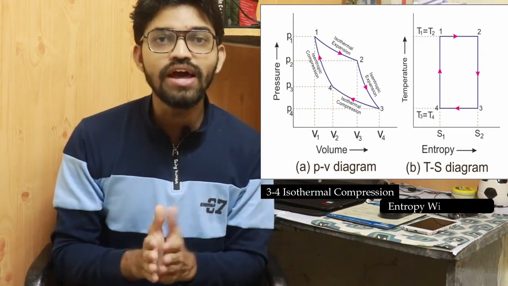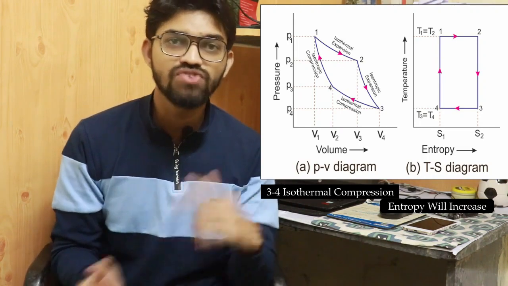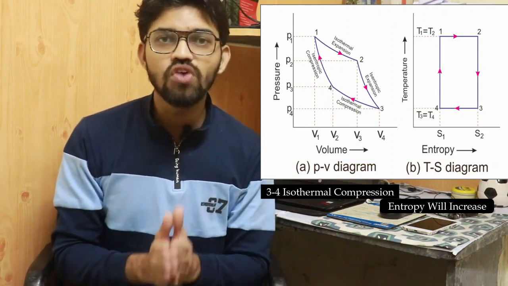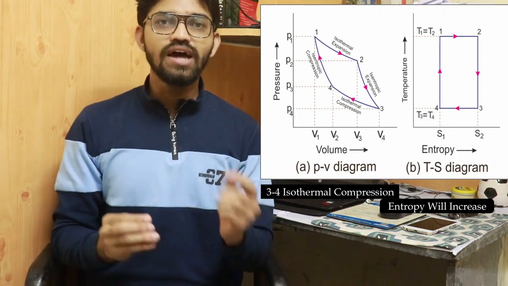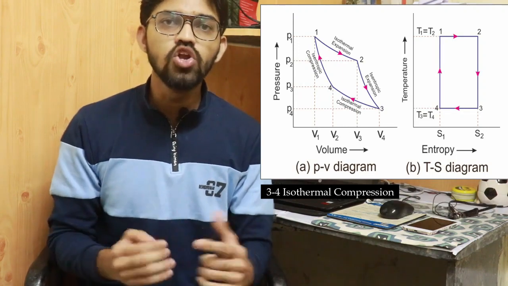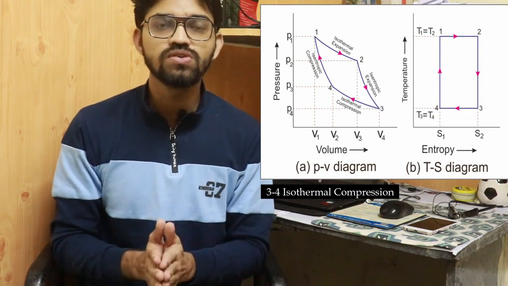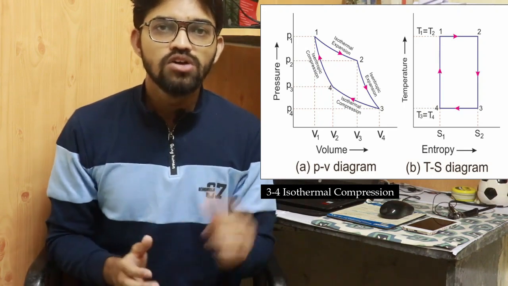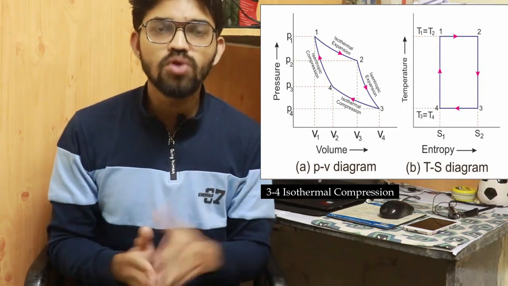Over here the internal energy of the gas will increase. As we have seen in our previous videos, when we compress a gas, the internal energy of the gas will increase. And guys, at this particular point, the volume reduces, the pressure increases. So over here you can see that this is the curve on the PV diagram. So now this particular 3 to 4 process is